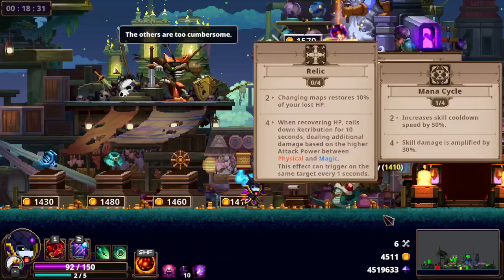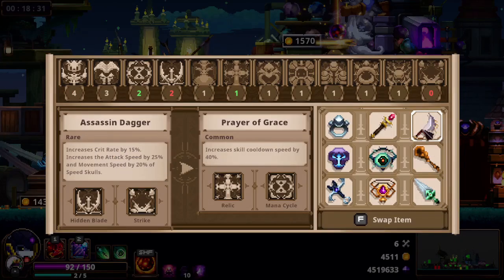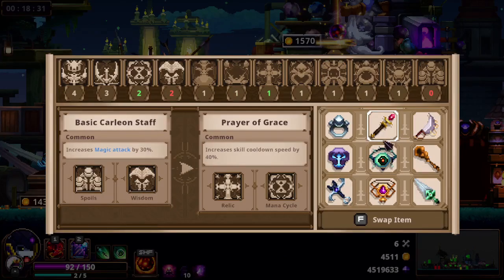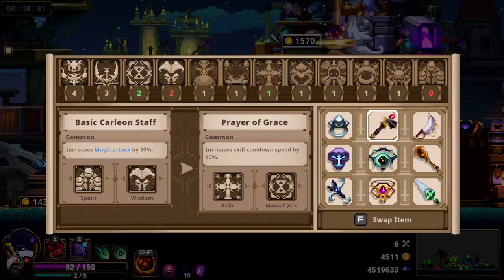Just not seeing anything interesting here. This is good though. Actually, this is good. Let's take this. Now I have a hard decision. I want to keep this because I want to keep this. I want the mana cycle pretty badly, so I think I'll get rid of...